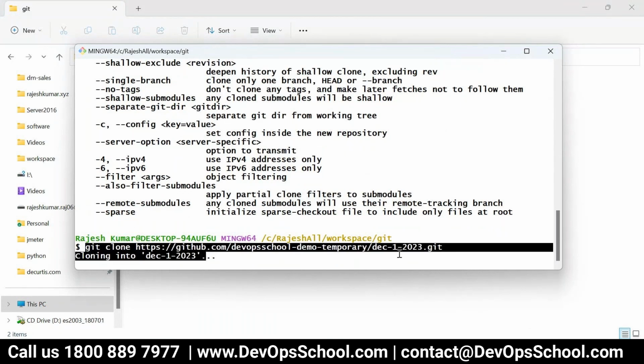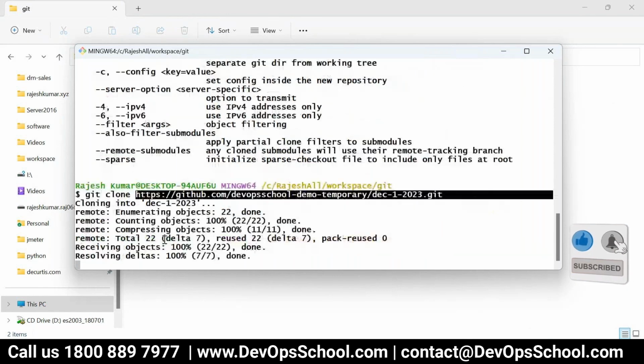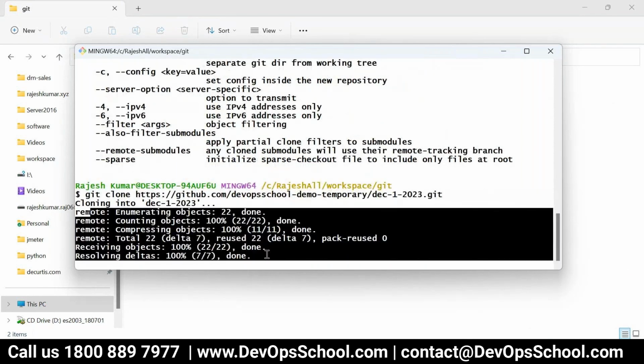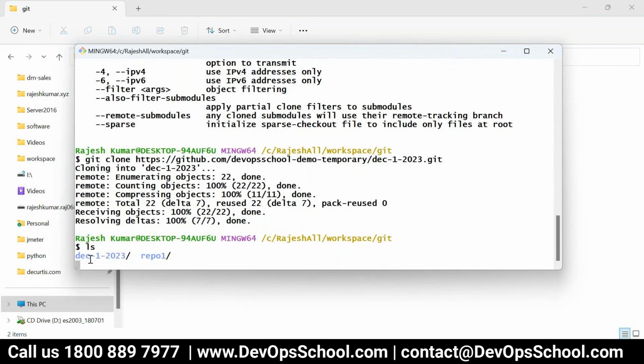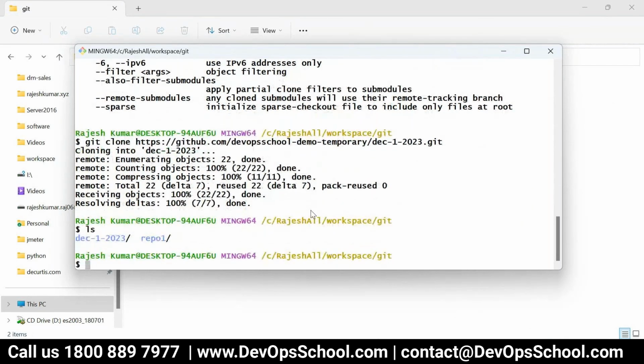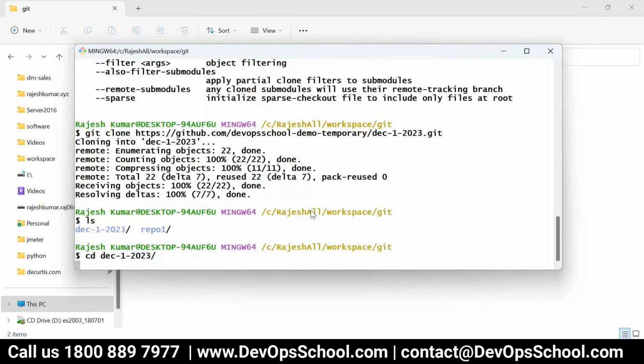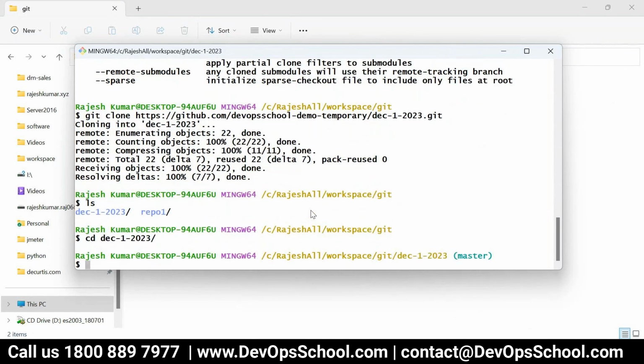So Rajesh has committed and pushed the code to GitHub, which is our central repository. And then I can clone it from there. From there anyone can clone it. You'll get 100% of the content. And now you see that this has come, CD deck 123, and